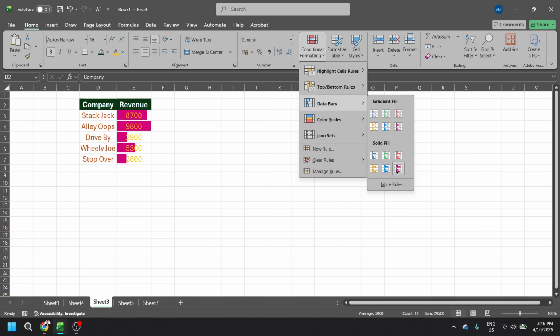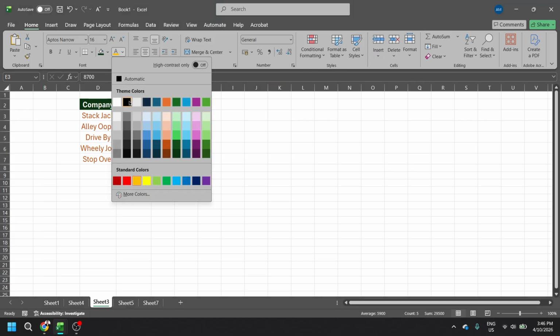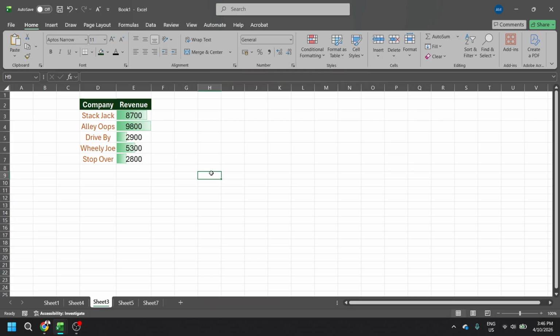Now choose a fill style that fits your needs. You can pick gradient fill for a softer fade or solid fill for a clean, consistent color. Consider readability. A color that contrasts well with your cell background will make the bars stand out without overwhelming your sheet. If you plan to print or share screenshots, solid fills often hold up better and remain clear in different